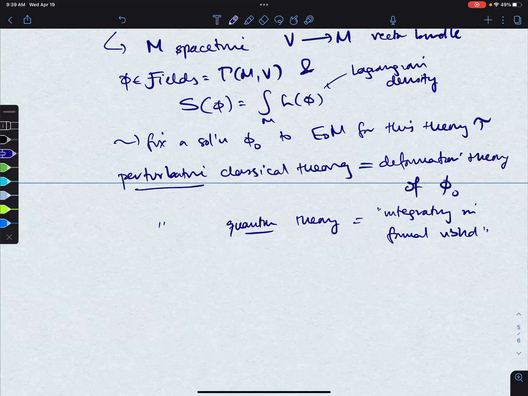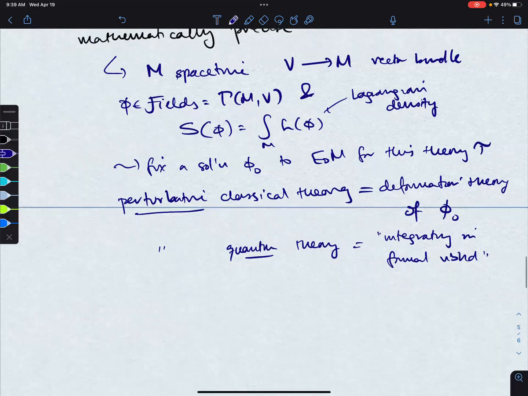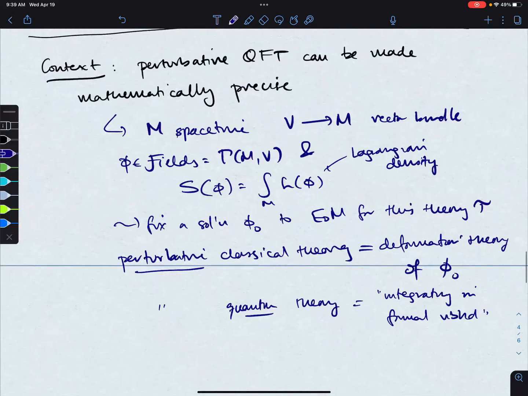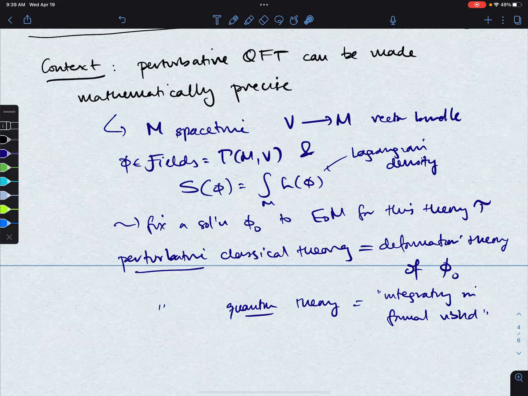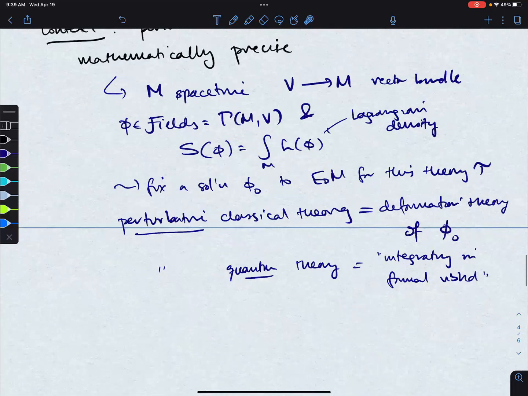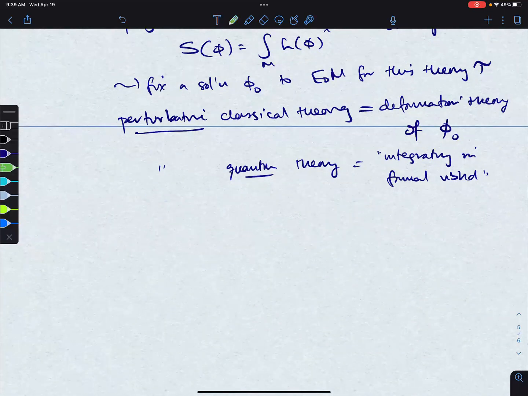And I just want to say that when I say that it can be made precise, what I mean is that this process, this cookbook that physicists gave using Feynman diagrams, can be turned into a very detailed, careful procedure. You can put renormalization on a solid footing and make this notion as detailed as you want. So there's two examples that matter to me. In Riemannian signature,